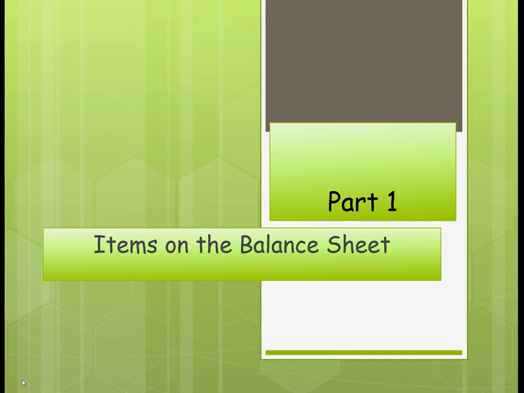Chapter 3, Part 1, Items on the Balance Sheet. Now, there are 3 parts for this chapter. This is just the first one. And what we're going to do first is talk about what items are on the balance sheet and where they go, or an idea of where they go, because I think that in some ways, particularly in categories, is a